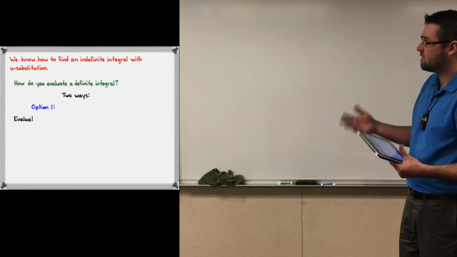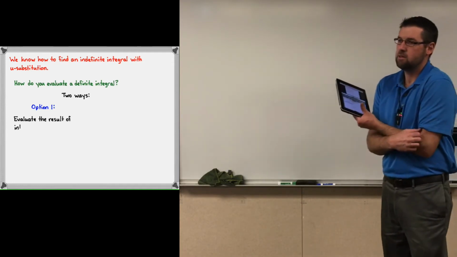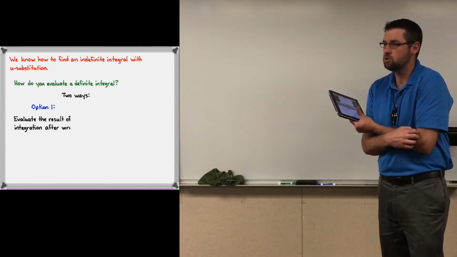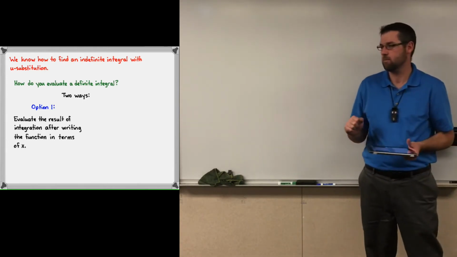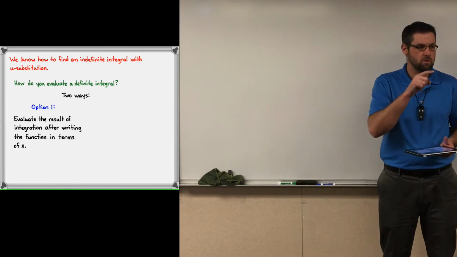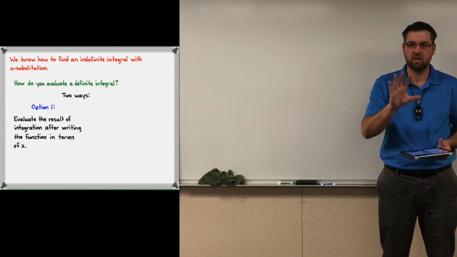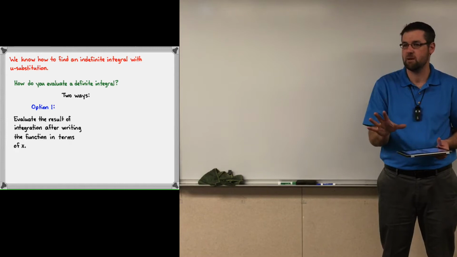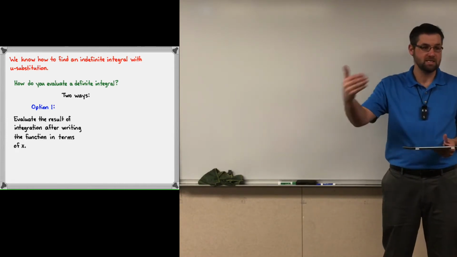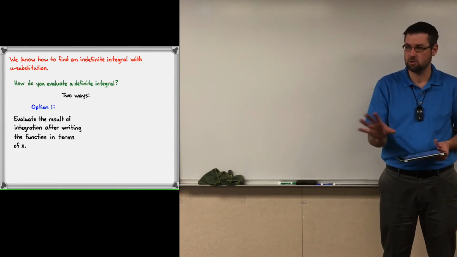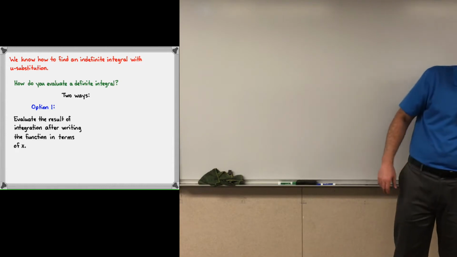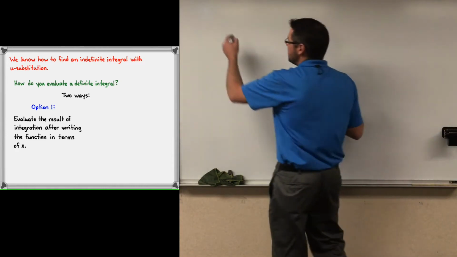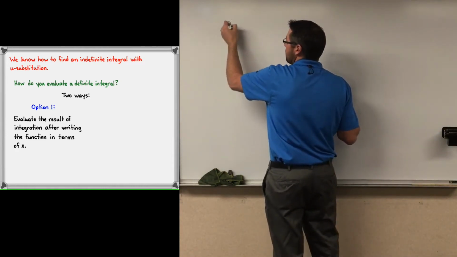The first way is to do exactly what you did before. Evaluate the integral using U-Substitution. And then when you're all said and done, what do you do on the last step? Not on the integral itself, but in U-Substitution, what's the very last step? Yeah, replace the x's back into the equation, so it's in terms of x. And then from there, we evaluate the definite integral like we always do. So let's look at a very easy example, hopefully. We'll do option 1